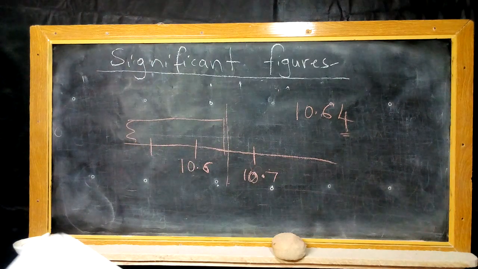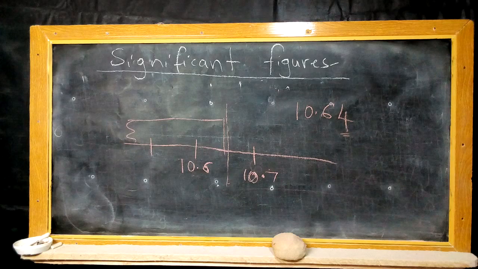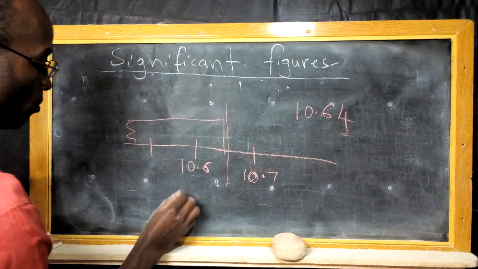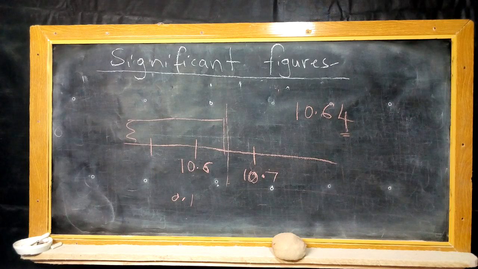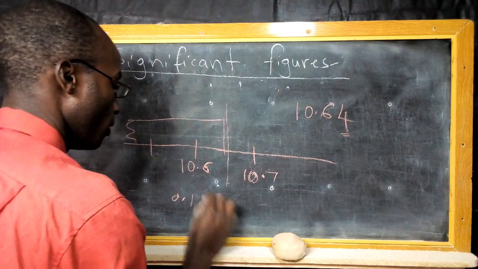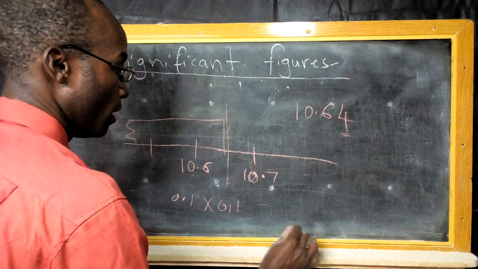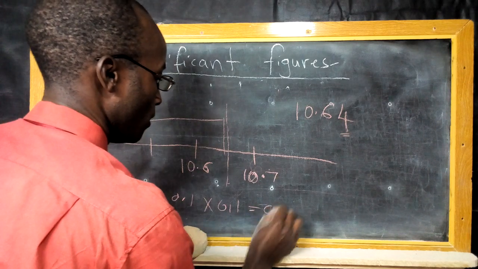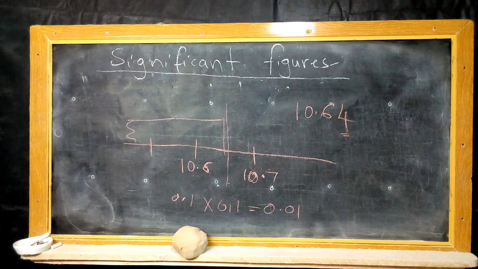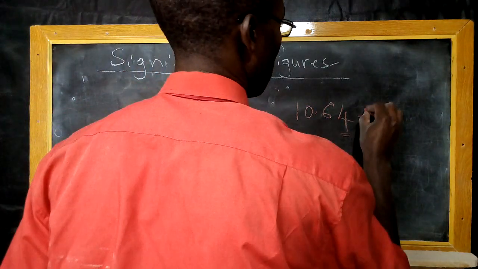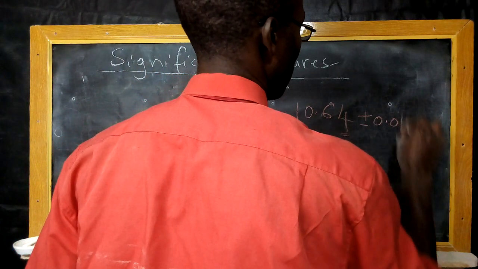So when the smallest reading of this particular instrument is 0.1, then the uncertainty for that one, of course, is going to be 0.1 times 0.1, which is 0.01. So we are going to include that in this reading and say plus or minus 0.01